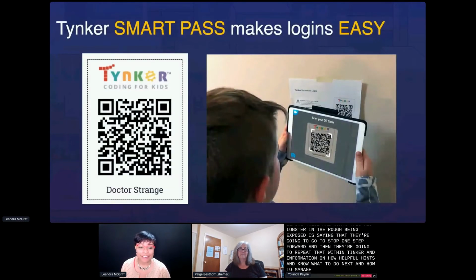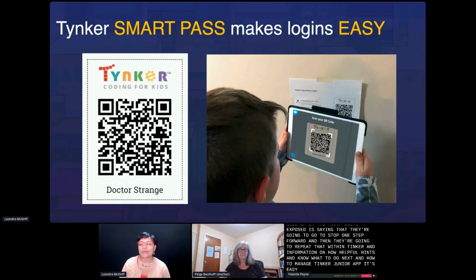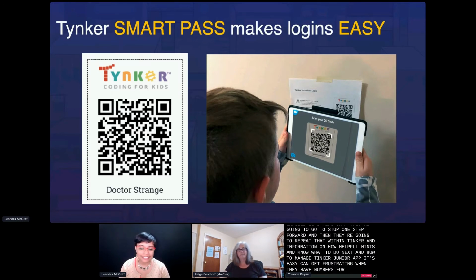Now, what's very special about our Tinker Junior app and even our online app is that it's easy to log in for our littles. We know it can get frustrating when they have to type in their username or type in the numbers for their password. We have certainly surpassed that. We have bypassed that with our login with QR codes.